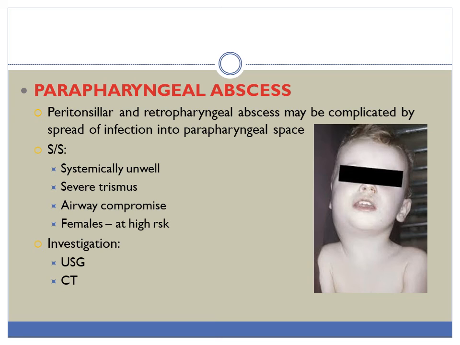Parapharyngeal abscess usually occurs as a complication of peritonsillar and retropharyngeal abscess. Here, the infection spreads into the parapharyngeal space. The patient will present to you as severely ill child with high grade fever, severe trismus. There is severe airway compromise. The patient may or may not require a tracheostomy, and usually there is a higher risk of females to get this type of infection. The investigation can be done are USG neck as well as CT scan.